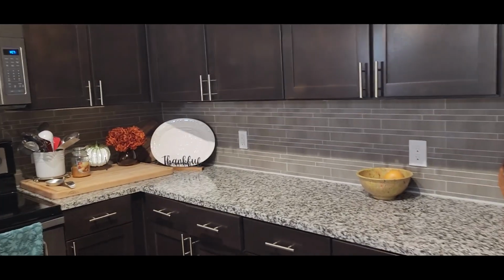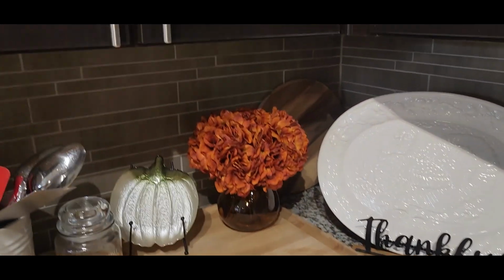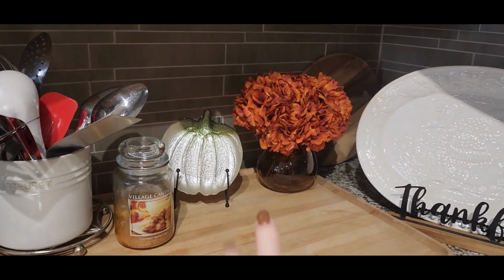Yay! But I wanted to show you, Thanksgiving is in a couple of days, and I wanted to show you a few things that I've decorated here in the apartment with that I'm absolutely loving. So hold on, we're going to go over here to the kitchen real quick, and I'm going to turn it around so you can see. All right, so first of all, right here is, of course, I've got a candle, and then I have a